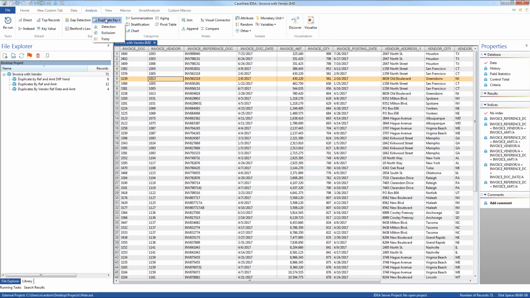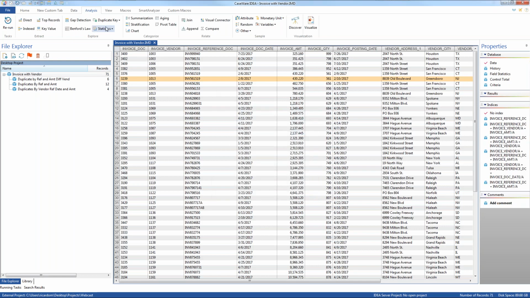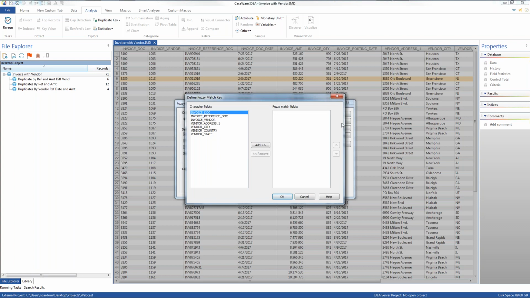So with IDEA, we basically are able to cover the same thing that we did in Excel, with the addition of the exclusion to find out where some data might be related and one of the fields is different. In addition to that, IDEA has the capability of doing fuzzy duplicates, again, with the click of a button. So in this case, we can go ahead and define our field. So what we're going to do in this case is, because we want to find those reference docs that are similar but not exact,